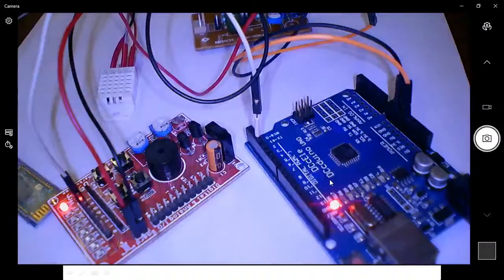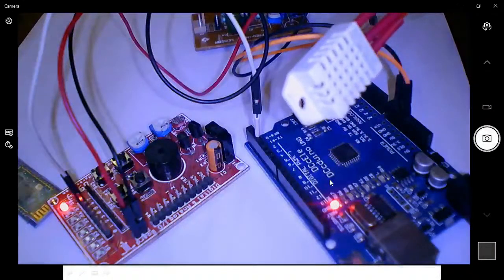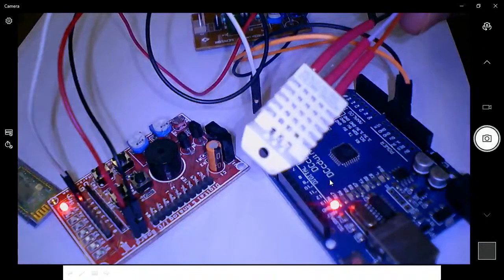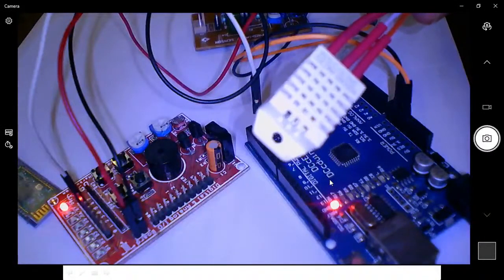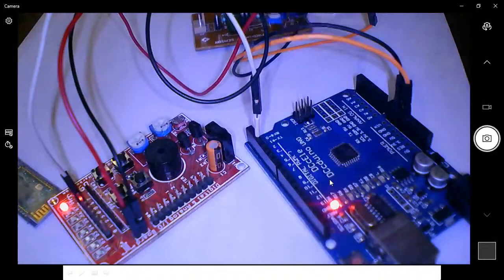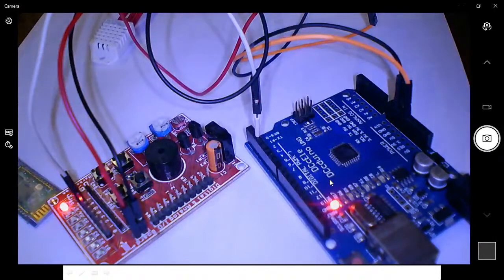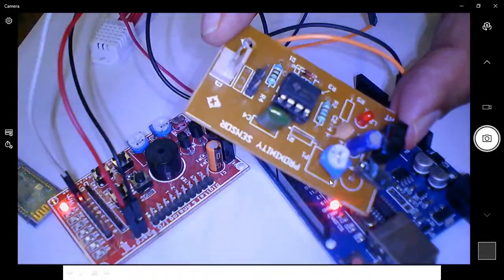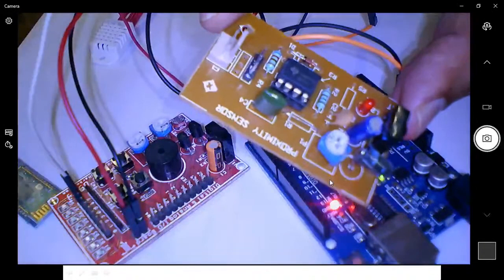Right. I have this DHT sensor. This is useful to measure digital humidity and temperature. This is also an input device. And this is one more board, a proximity sensor.